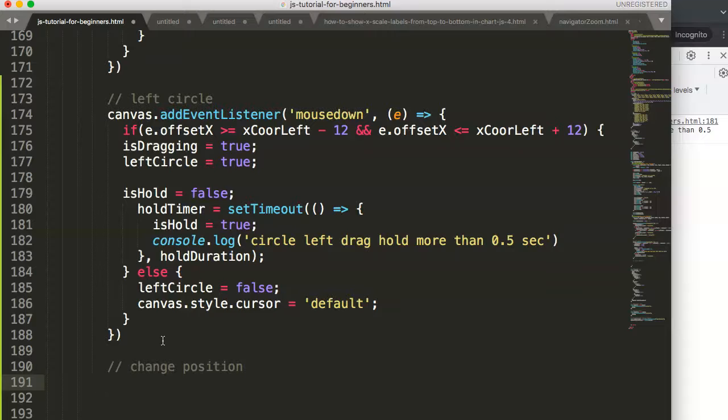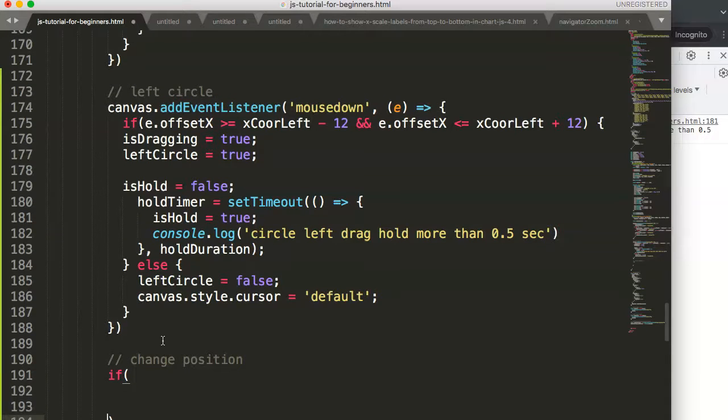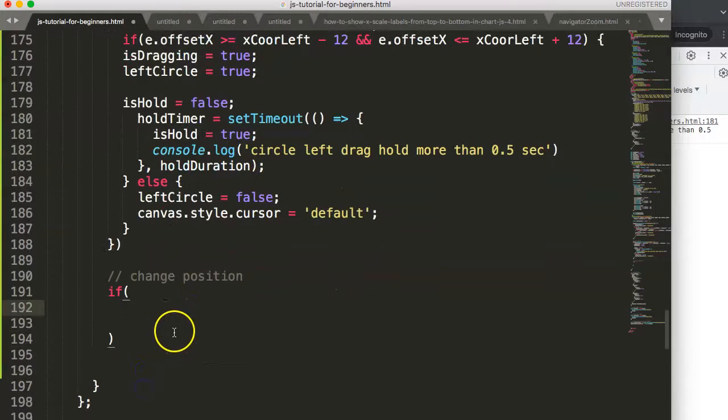And then the change position will be based on another if statement, and this if statement will have a lot of conditions. So the conditions that we're going to deal with are, first of all, if the left circle is set to true, because that's the one we want to drag, or at least if we're dragging the left circle. Then we're going to say here end, and this end here will be is dragging set to true,